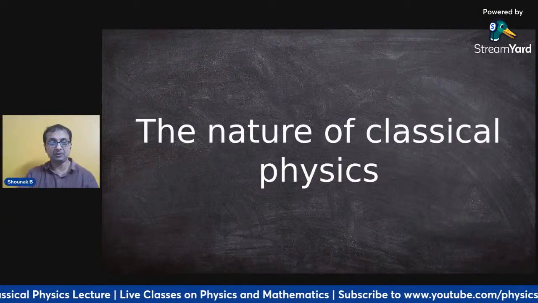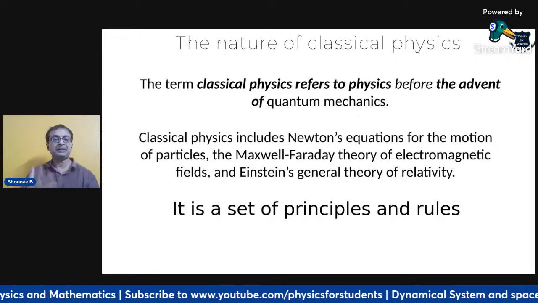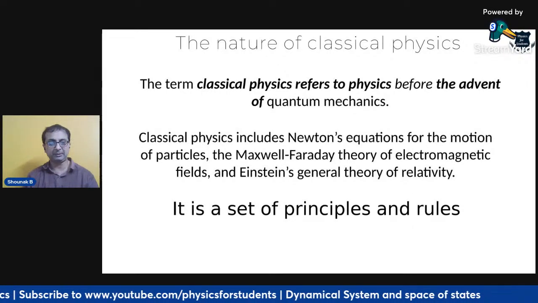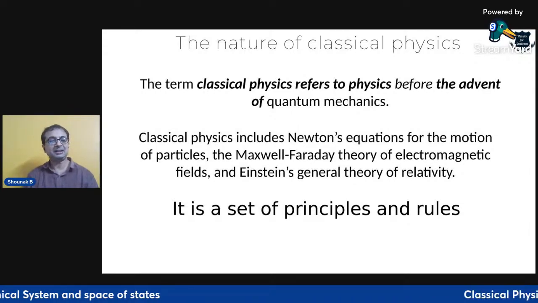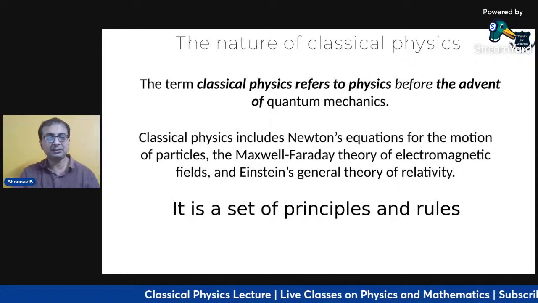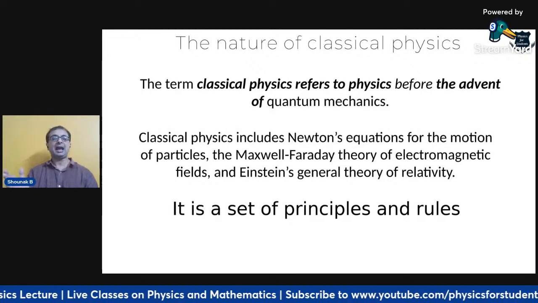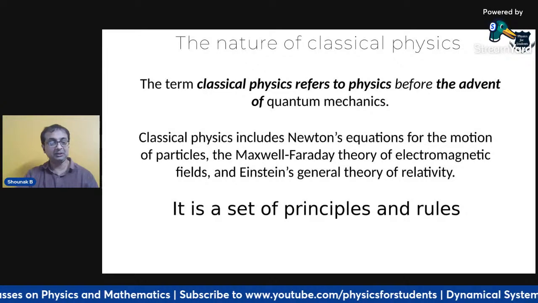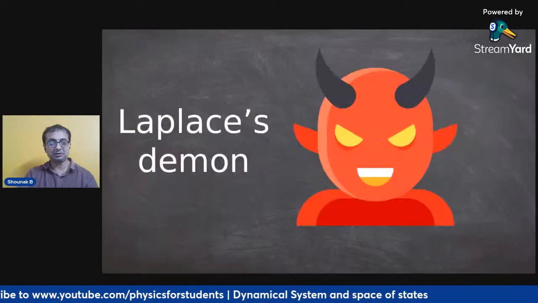classical physics, the foundation. What we have seen is that classical physics basically refers to anything before the advent of quantum mechanics. After quantum mechanics, it becomes quantum physics. Again, as I told you earlier, it is not related to modern physics, which is something that starts a new era. Classical physics includes Newton's equations, Faraday's law, electromagnetism, and Einstein's general theory of relativity, which on numerous occasions I have described as also being a classical theory.